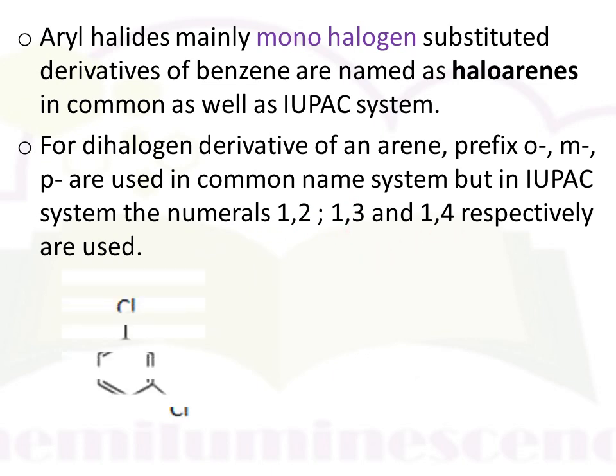Let's see with the help of an example. This is the example. Here is the benzene ring on which two chlorine atoms are attached. In the common name system, the prefixes ortho, meta and para are used. Which position is ortho, which position is meta, which position is para? Let's see this first. The carbon at which the halogen is bonded, consider it as the first carbon, and with respect to that, the next positions, these two positions, are the ortho positions. The next, these two positions are meta positions, and opposite to this, it is the para position.